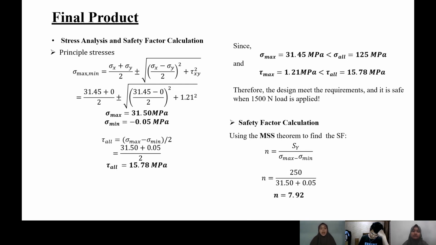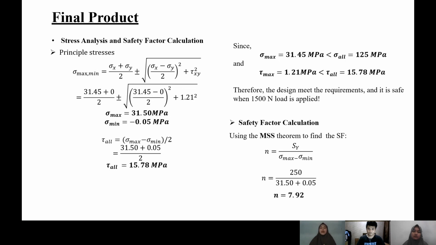As explained in the class, we can determine the safety factor after we obtain the sigma maximum and sigma minimum by using the MSS theorem. After that, we are also able to determine the maximum allowable shear stress, by using the sigma max minus sigma min over 2. Then we can obtain the allowable stress is